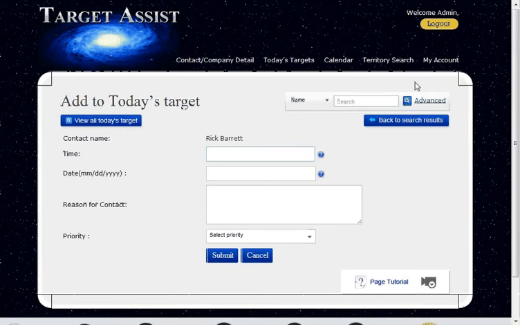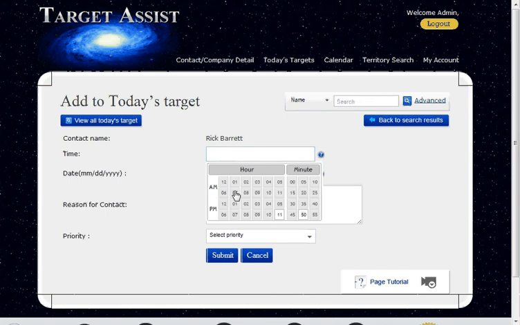So on a day-to-day basis, most salespeople have difficulty staying on task because you have customers calling you, customers with issues, customers with new orders, customers that are closing, and you're constantly moving and constantly covered in chaos. So the best way to do that is to really plan your day. And today's target really helps you to do that by giving you all the options of when you need to call your contact,